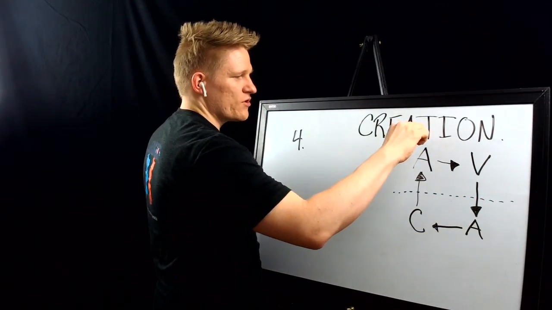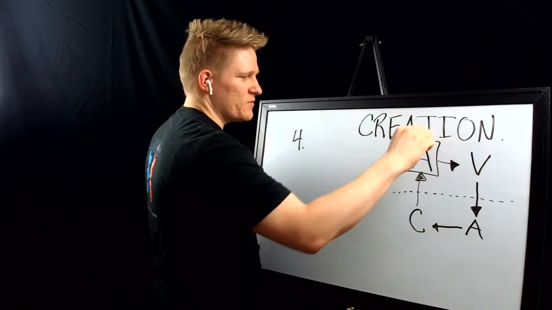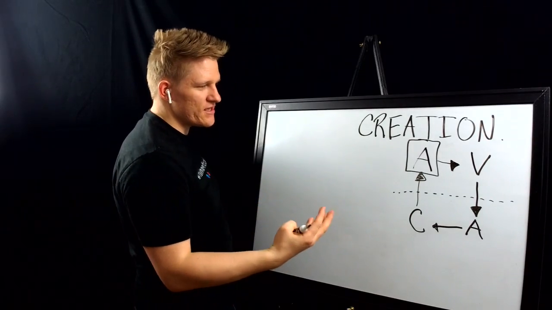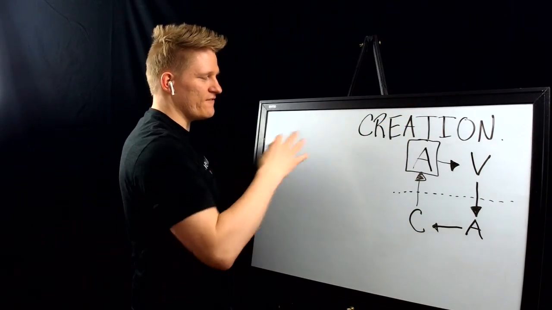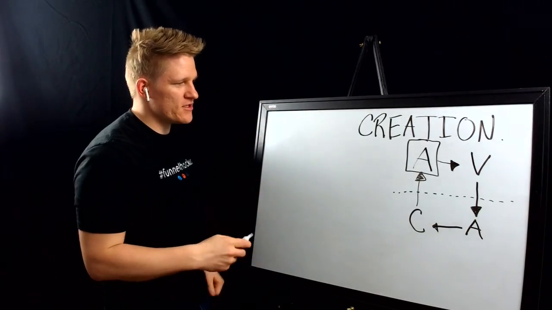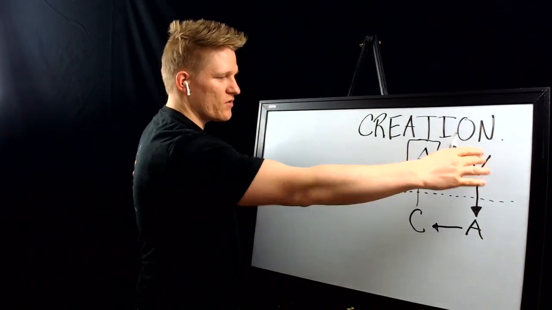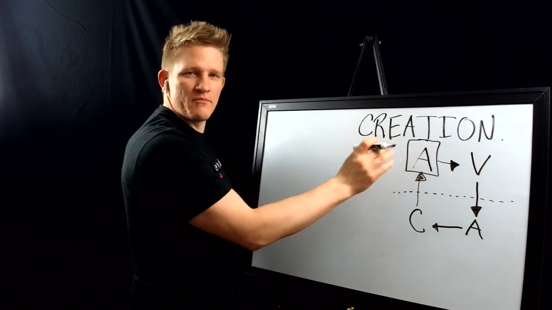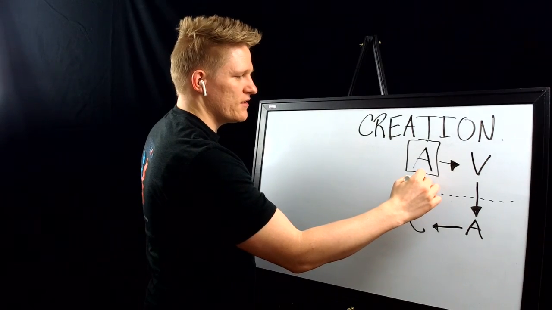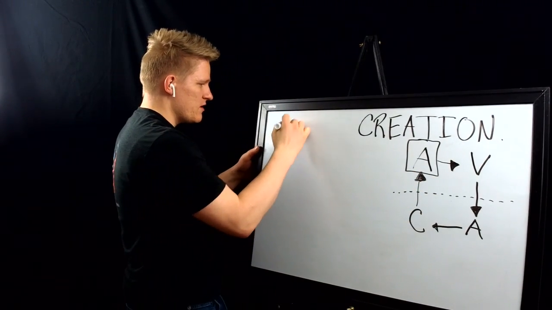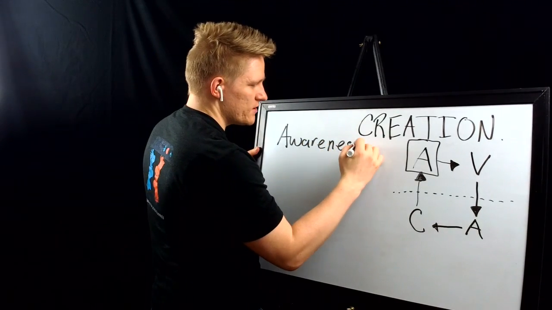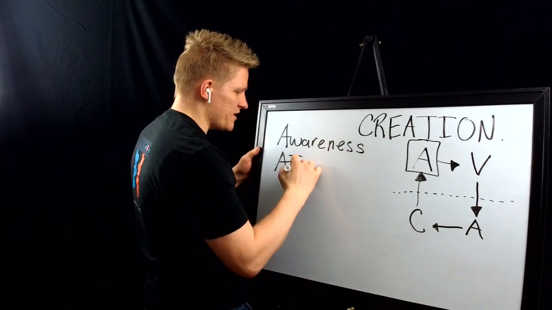Okay, so the section that we're going to be talking about is this one, which is A. This is the first step. It's a cycle, and I've contemplated calling it the cycle of creation because literally you can start at any one of these points, but this is where usually most people start, and this is where I want you to start. There's a logical reason why, because the first step of creation is awareness or attention.